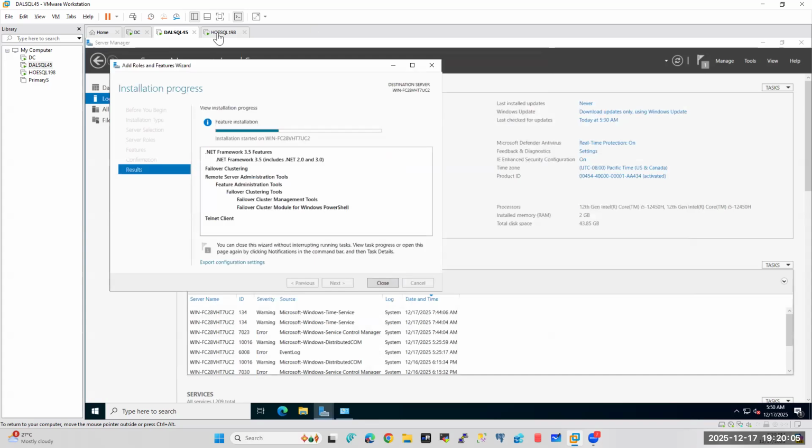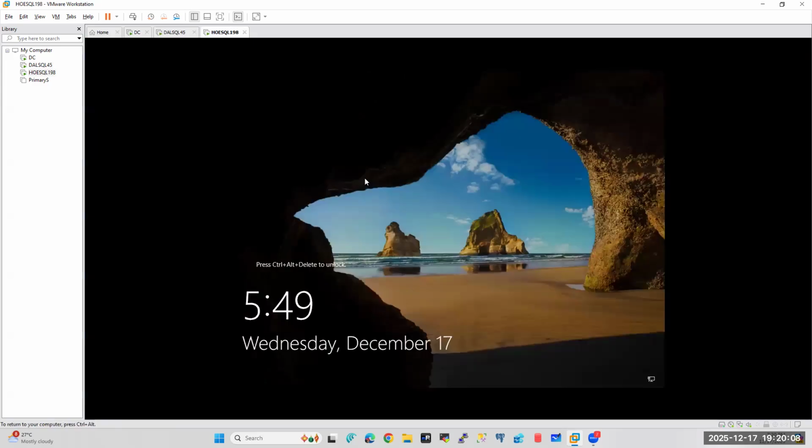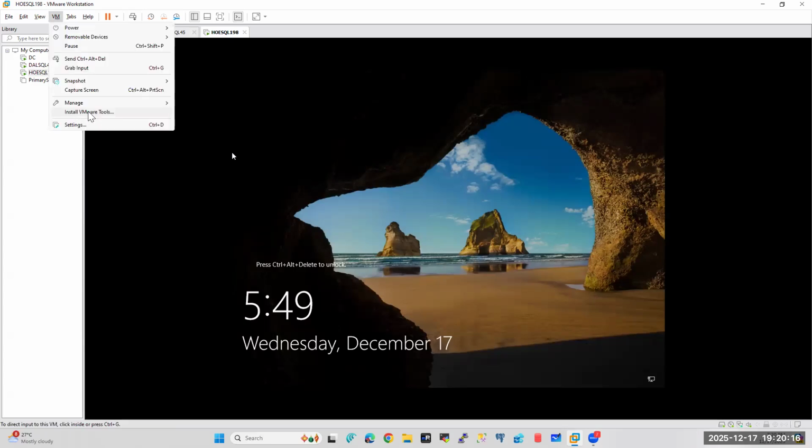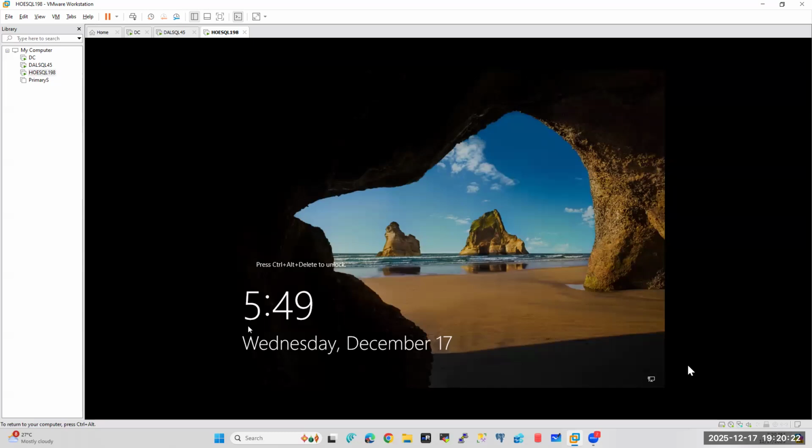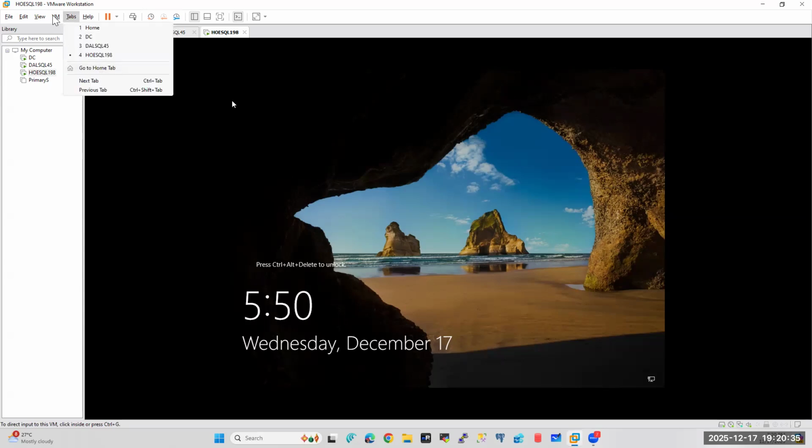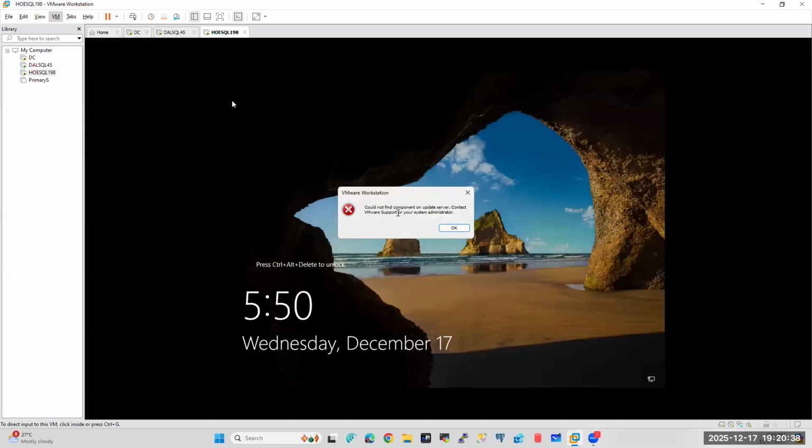Now go to the HYSQL 198. See, by default, when you install VMware, there is an option called install VMware Tools. If you're not installing VMware Tools, your window looks like a mini screen. As a best practice, you should install it, but when you click on install VMware Tools, you get the error could not find the component or update the server. This is the common error you get. So to bypass this one,